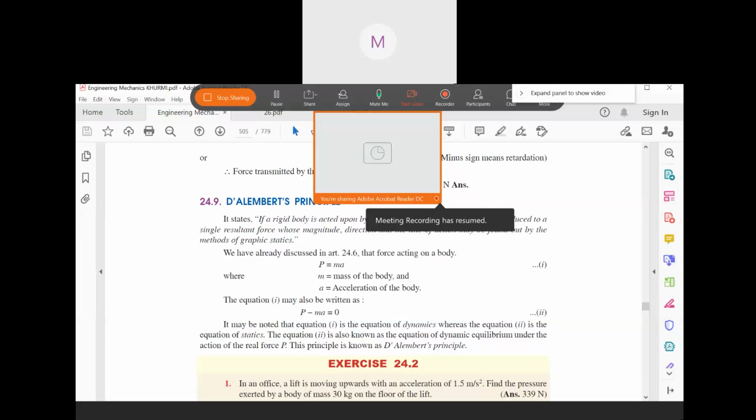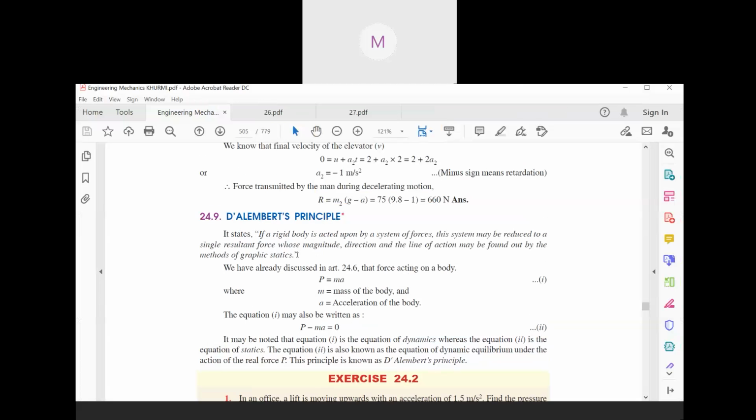Okay, let us start with D'Alembert's principle. According to D'Alembert's principle, it states that if a rigid body is acted by a system of forces, suppose a system of forces is acting on a rigid body, then this system will be reduced to a